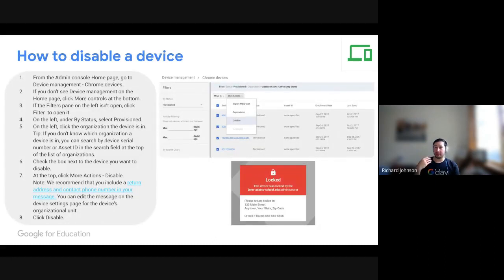I mentioned the disable message. From the device asset point of view, this is where you go in and select which device you want to disable. Here's an example of the screenshot that will come up once it's disabled. We've tested this across a number of devices, and I've mass disabled a whole heap, and it usually happens within 10 to 20 seconds. So it's reasonably quick.